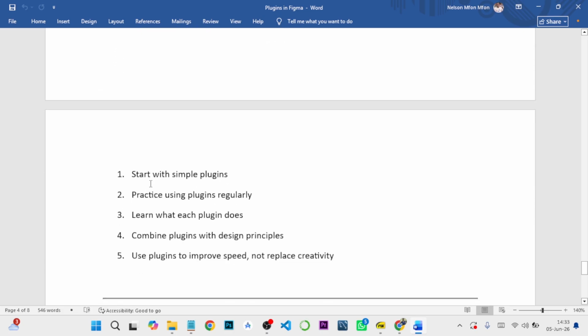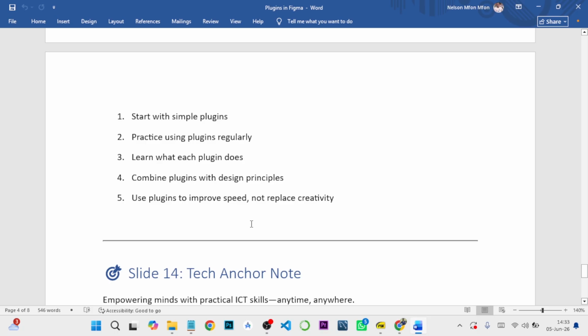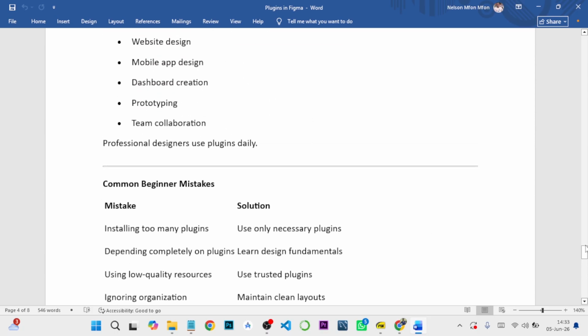Beginner's tip: start with simple plugins. Practice using plugins regularly. Learn what each plugin does. Combine plugins with design principles. Use plugins to improve speed, not replace creativity. Emphasis on that. So, alright, guys,